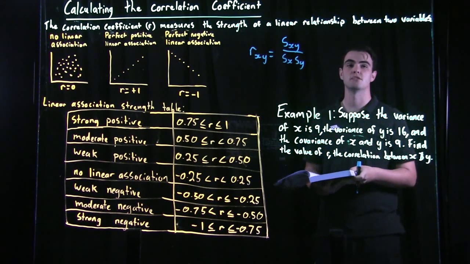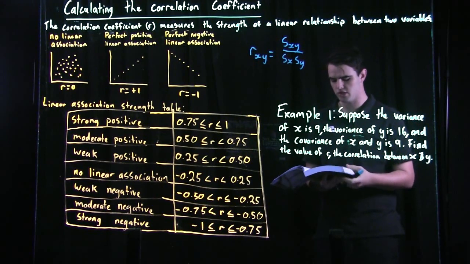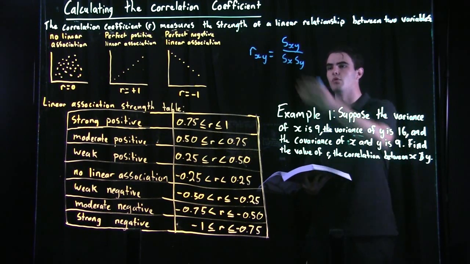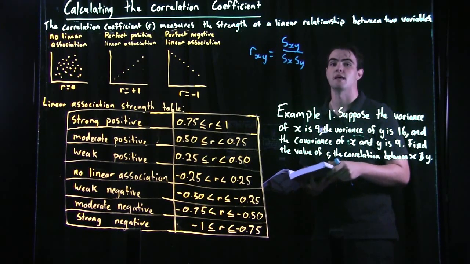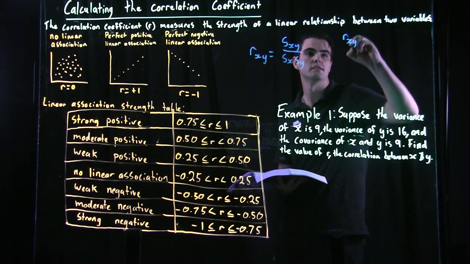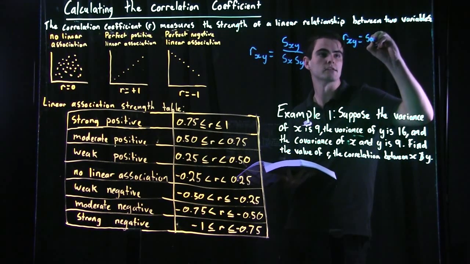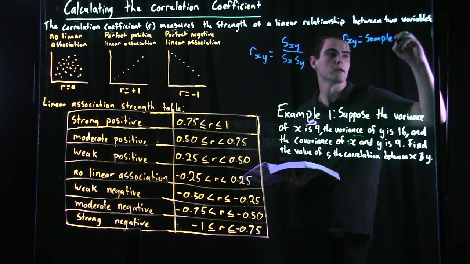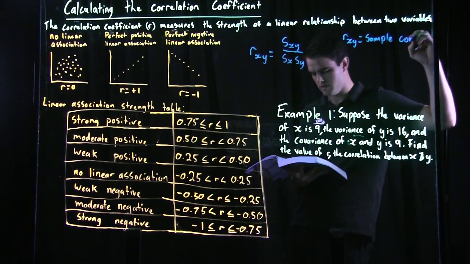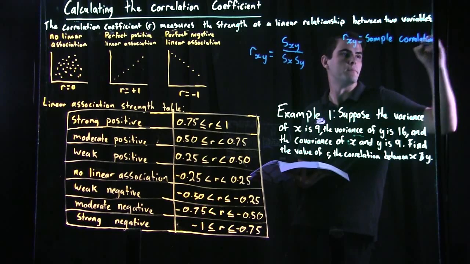We haven't looked at any of these variables before, but what we have here is the sample correlation between x and y, written with x, y subscript. I'm going to write this one down off to the side just to help us remember what these actually are: correlation between